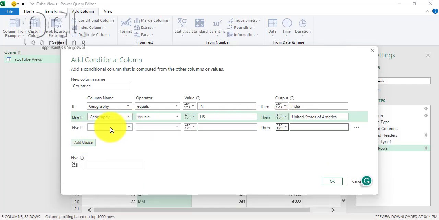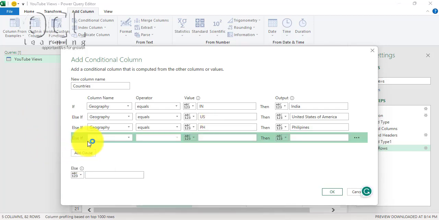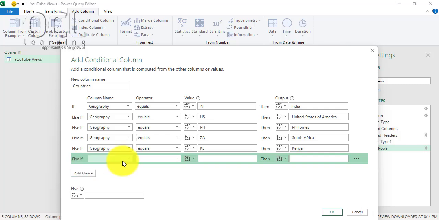Add another clause that says geography is equals to PH, that is Philippines. I hope I have the spelling correctly. Then add another one, geography is equals to ZA, that is South Africa. Let me have another one, KE is Kenya. Again, you can look up these codes on Google and you'll get the actual country codes for each country. CA for Canada,